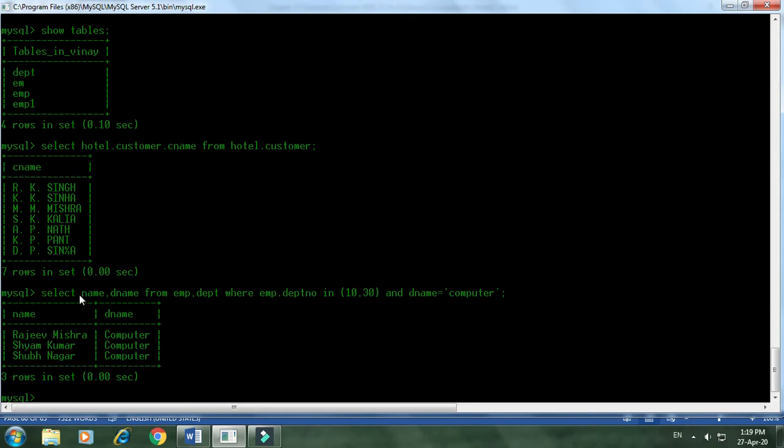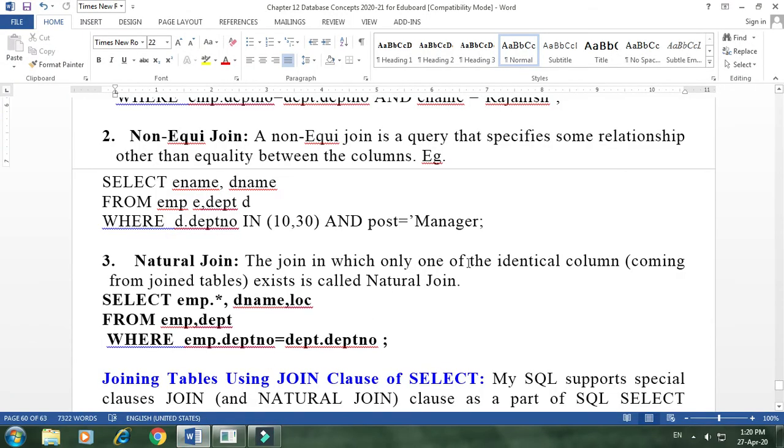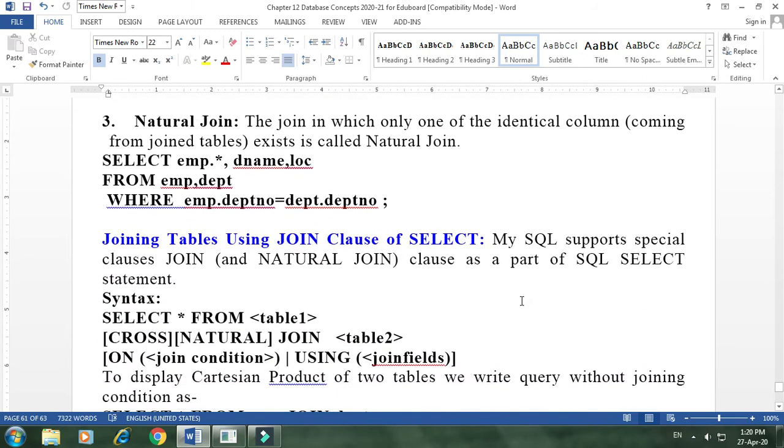You can see here this query would be called a non-equijoin. This query is a non-equijoin query. So I hope there is no doubt in this, that we are not using any equal to operation for joining, but still we join it. So I hope it's clear to everyone about the non-equijoin. Getting everyone? The next kind of join is known as a natural join.